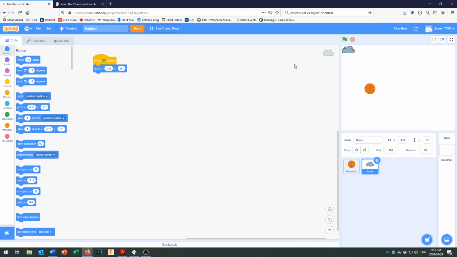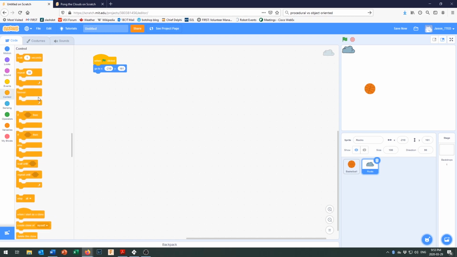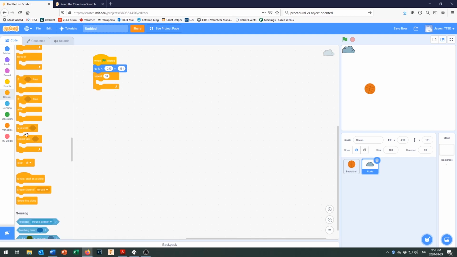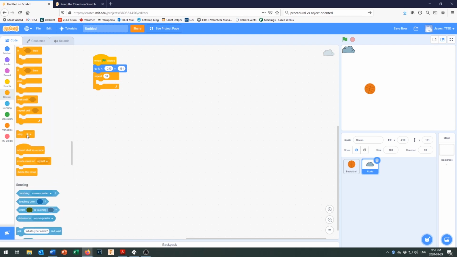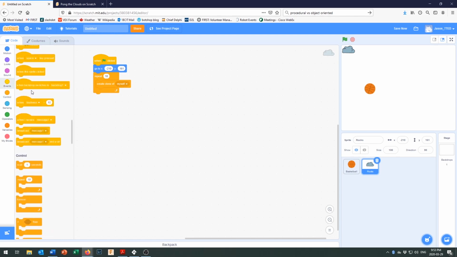And then what we're going to do is have a loop come along right in here. Our control loop can come in here and we can say, repeat 10 times. And we're going to create a clone of that rock, a clone of myself. Now the clone inherits all of the properties from the parent object. So it'll create a clone, and then we will move it